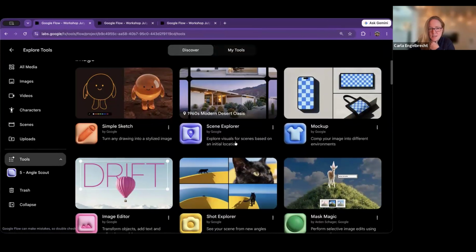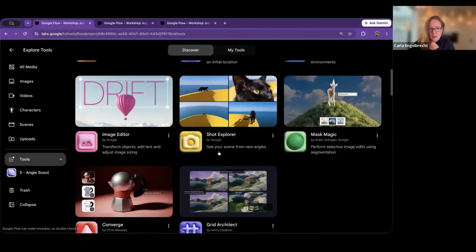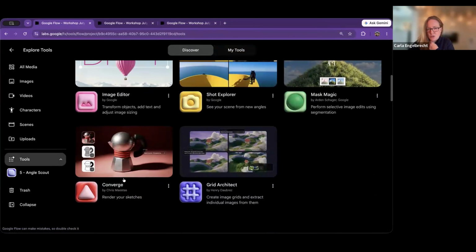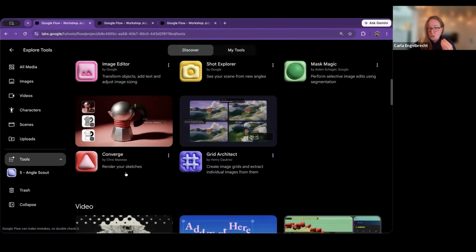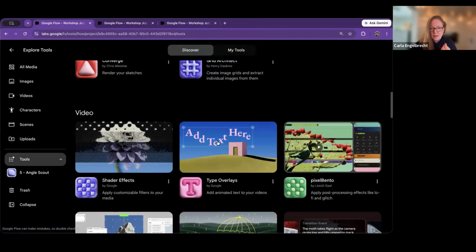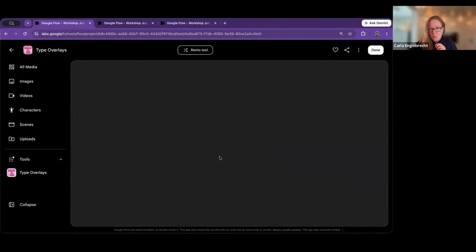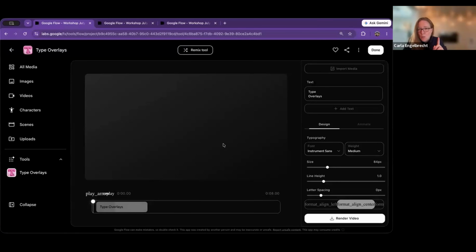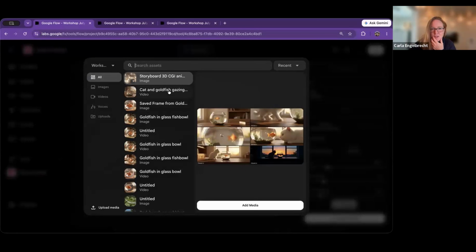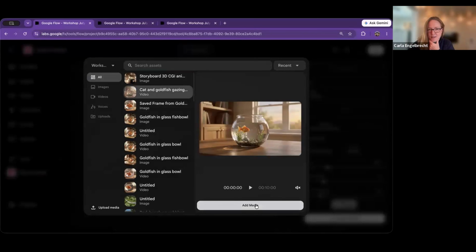So that's the shot explorer. You can see there's a whole bunch of stuff in here. Converge is really interesting. Right. There's a lot of this idea of moving from sketch to concept into actual idea. The type overlays, I'll open it. I'm not going to run it. I got so mad at this earlier. So it's the idea of you can take a video. So let's say, and I can show you a preview of it. So let's say we take